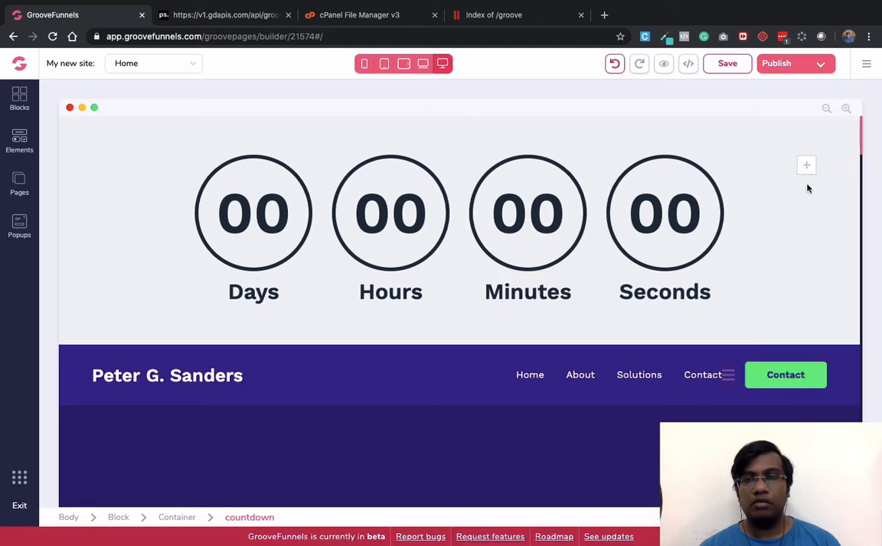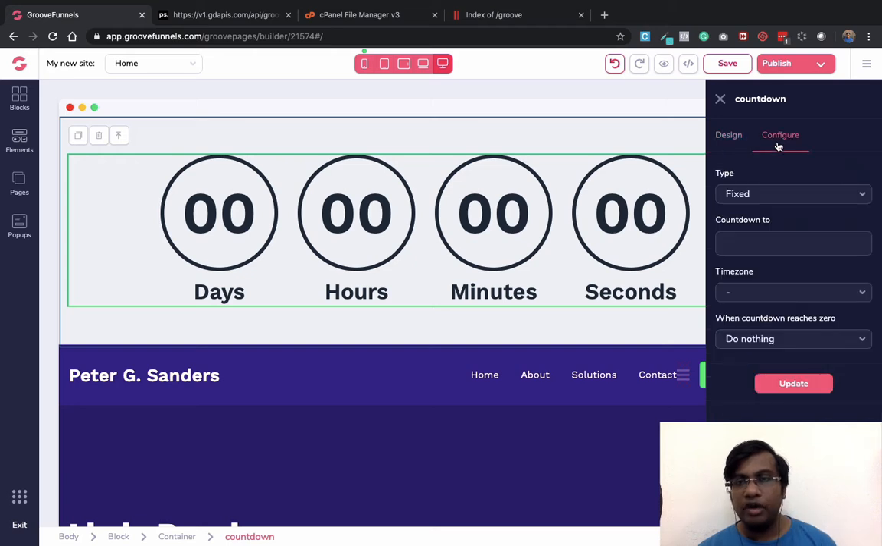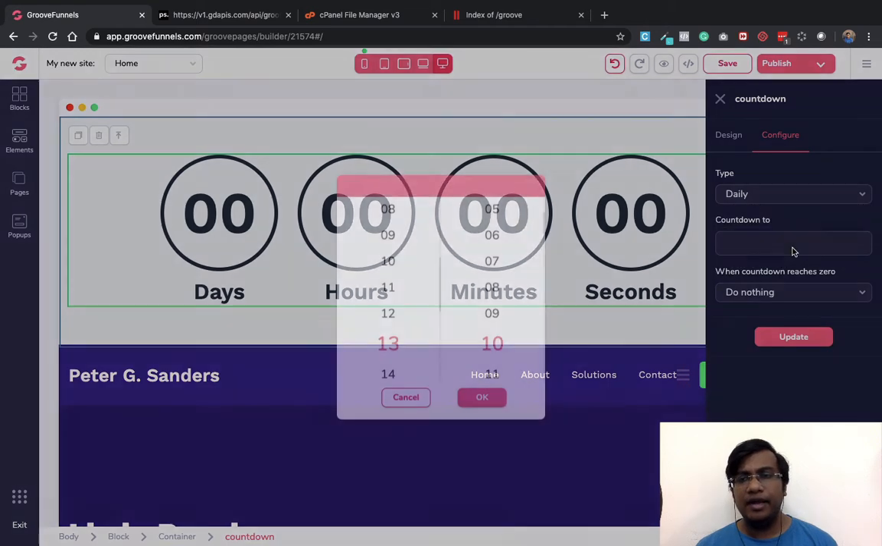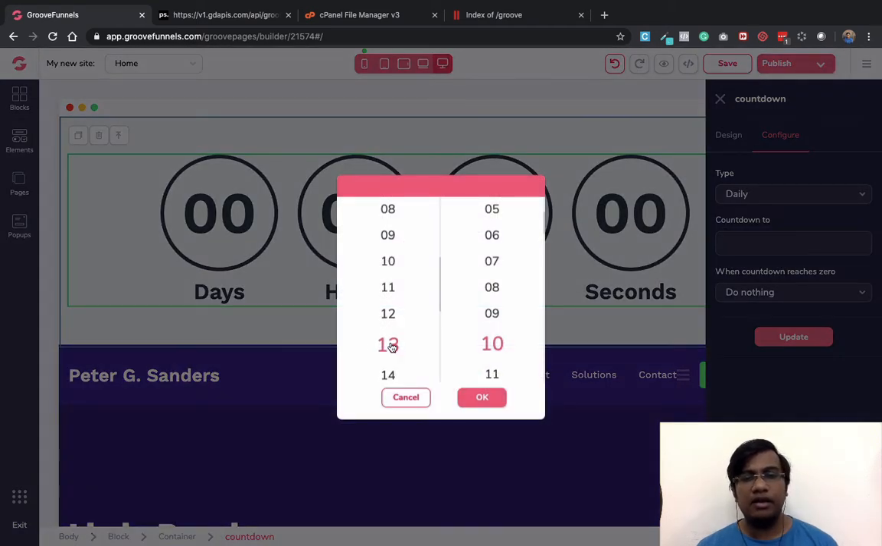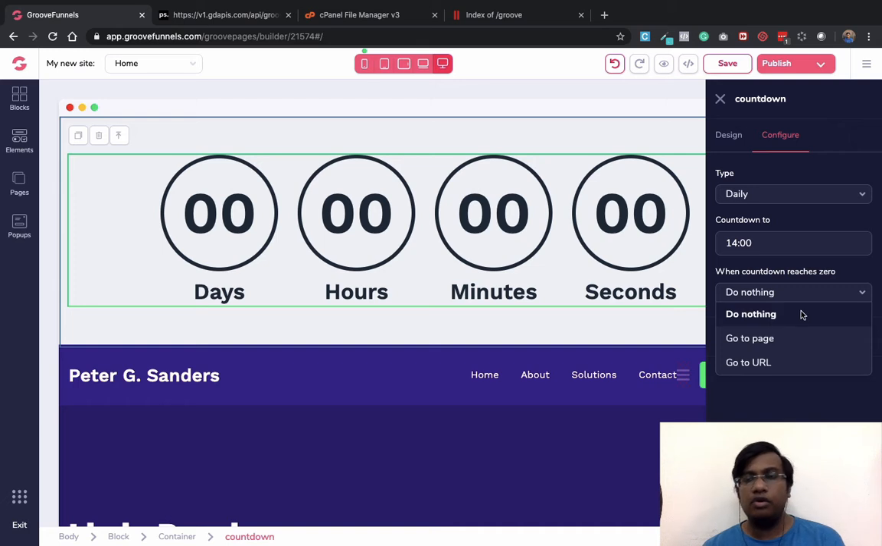the countdown. Okay, let me select the countdown, and if I go to configure here, I can select the type of the countdown. I can select the fixed type, the daily, or from landing on this page. So let's say if I say daily, and then I can select the time. Let's say 2 p.m. every day,